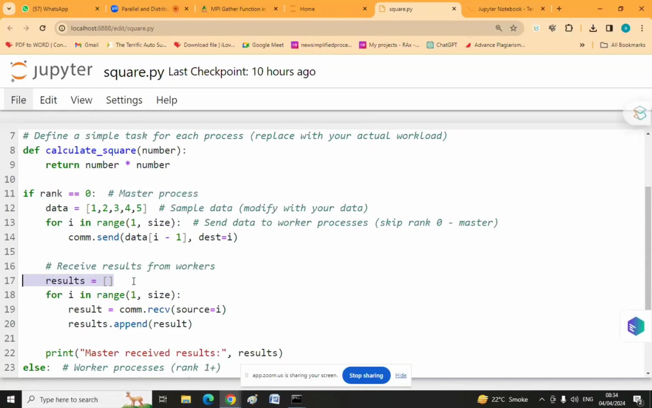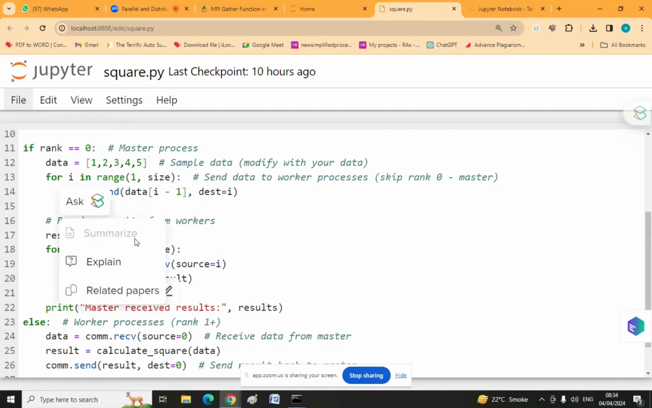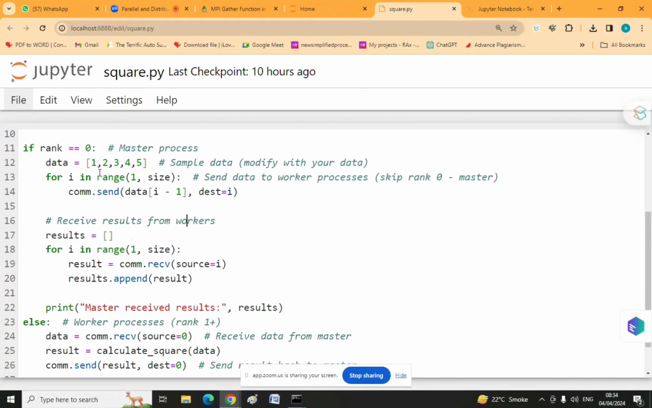We are creating one array for the results, and now check it with the other loop. In this loop you can see that it ranges from 1 to size. And what we are actually doing is receiving the data. First we were sending the data when we were in rank 0, but now we are receiving the data, and the same data is received back by the